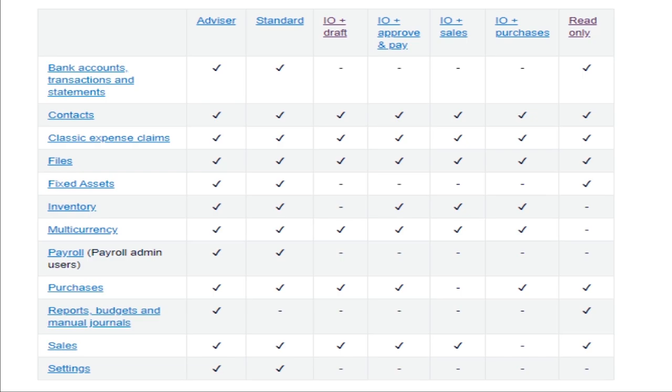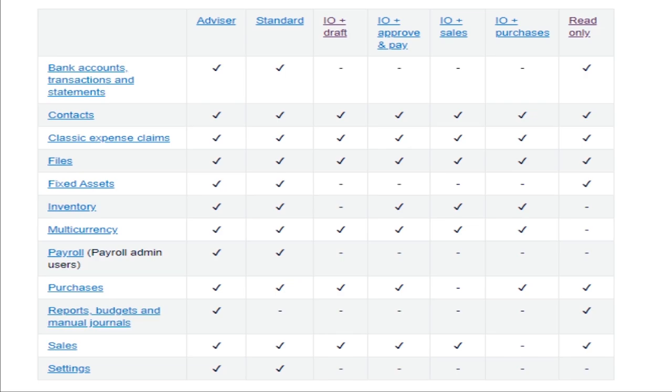A user with the read-only user role can only view bank accounts, only view invoices and quotes, only view expense claims, run and view print reports, print manual journals from the journal report, view management reports, access contacts to view payment history. The features that a read-only user won't have access to are bank reconciliation, inventory, budgets, and organization settings, including users, chart of accounts, and conversion balance. Okay?